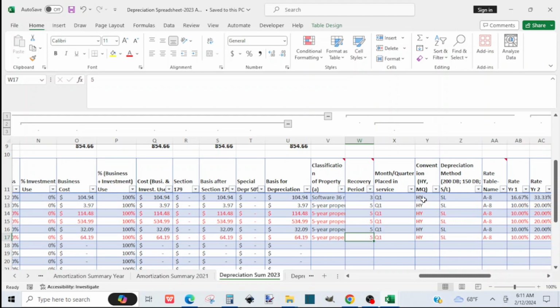And the mid-month is usually for real estate, and mid-quarter is if you purchase an asset and place it in service in your business in the last quarter of the year, and the total of those placed in the last quarter of the year, without including real estate, is 40% or more of what you place in service for the whole year. You'll use mid-quarter for all the assets placed in service during the year, and I try to avoid that